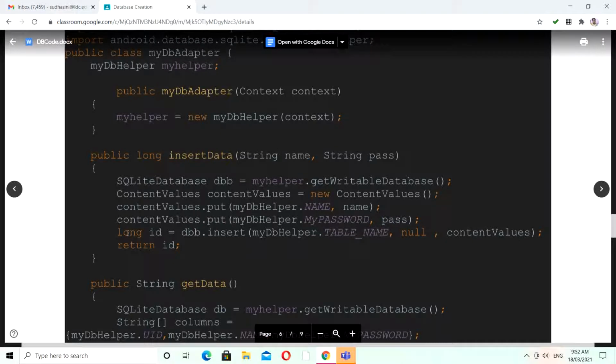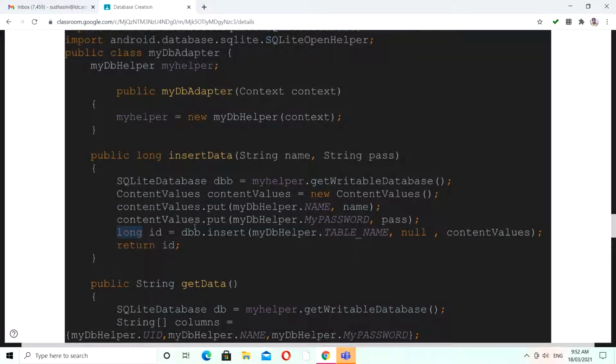Okay, finally you are mentioning long id equal to db dot insert. So db is an object of your SQLiteDatabase, and insert is a predefined method. What you have to give are the parameters. At the very first you have to give a table name, because you are going to make an entry within your table. So the first parameter is the table name, and then the second parameter is the null statement.